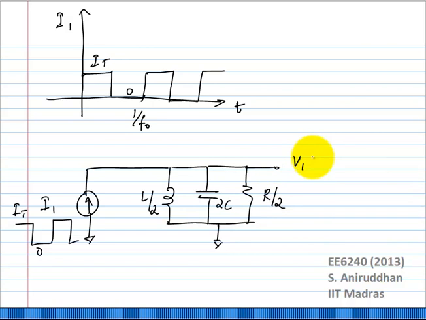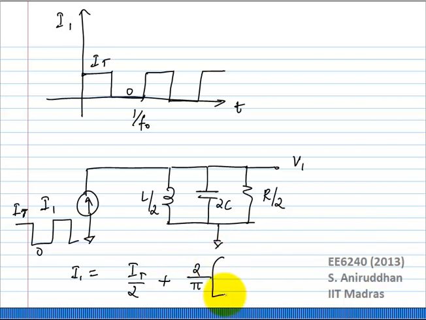Okay. And we said that the current has infinite number of harmonics, but the RLC tank has a very specific frequency behavior. It will choose only the fundamental that we are interested in. Okay. So we first split up the current into its harmonics. So we have the DC current of IT by 2 plus what do we have? This is a square wave going between 0 and IT. So what happens? 2 by pi